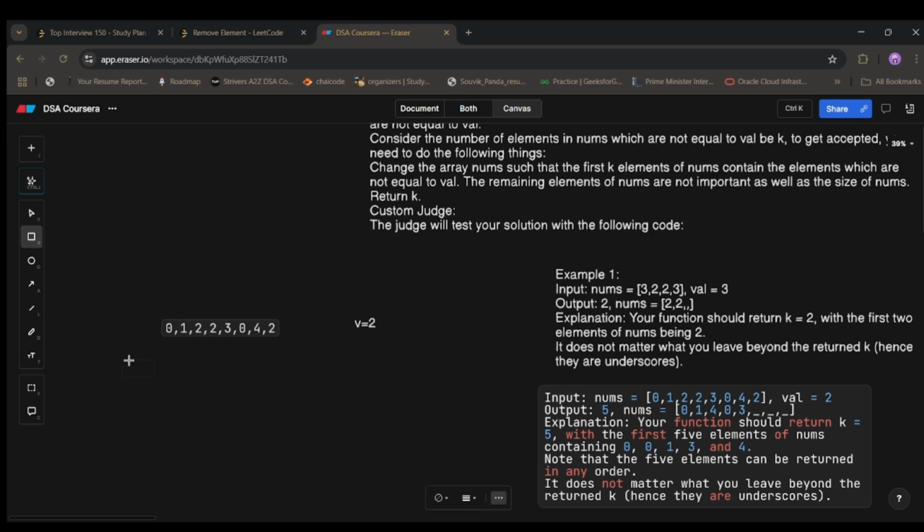which is: let's just create another duplicate array with the same size as this array. Okay, this same-size duplicate array we will create. Now what we're gonna do is go through this array,